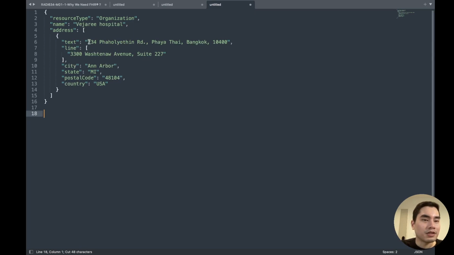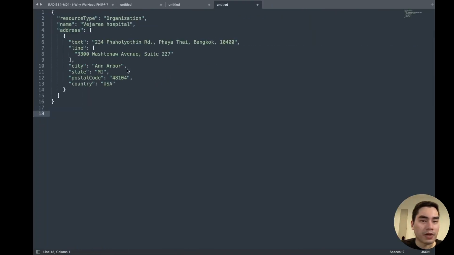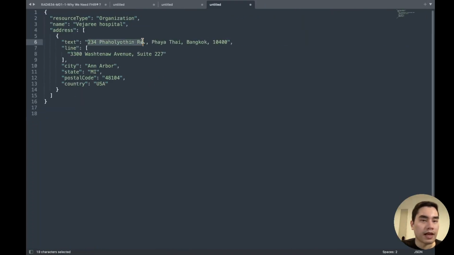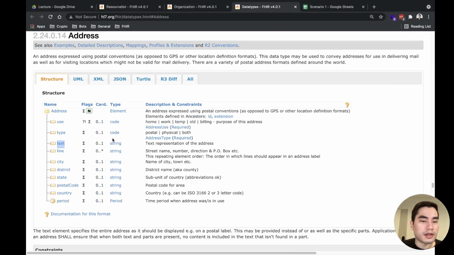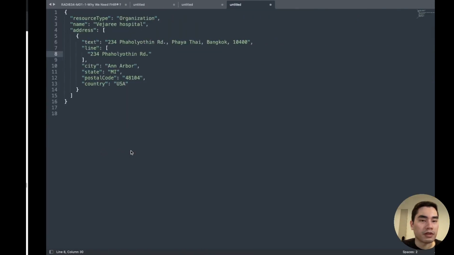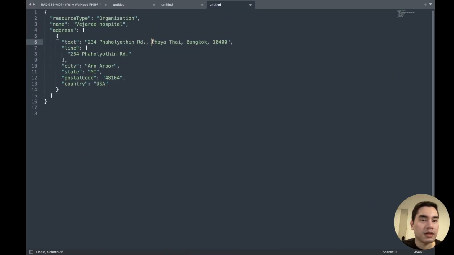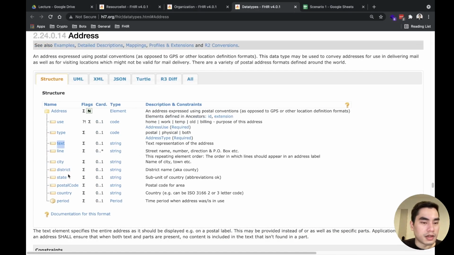So okay, the other things are quite easy. So the line is an array of the address. We have just this one, and next is city, district, state.